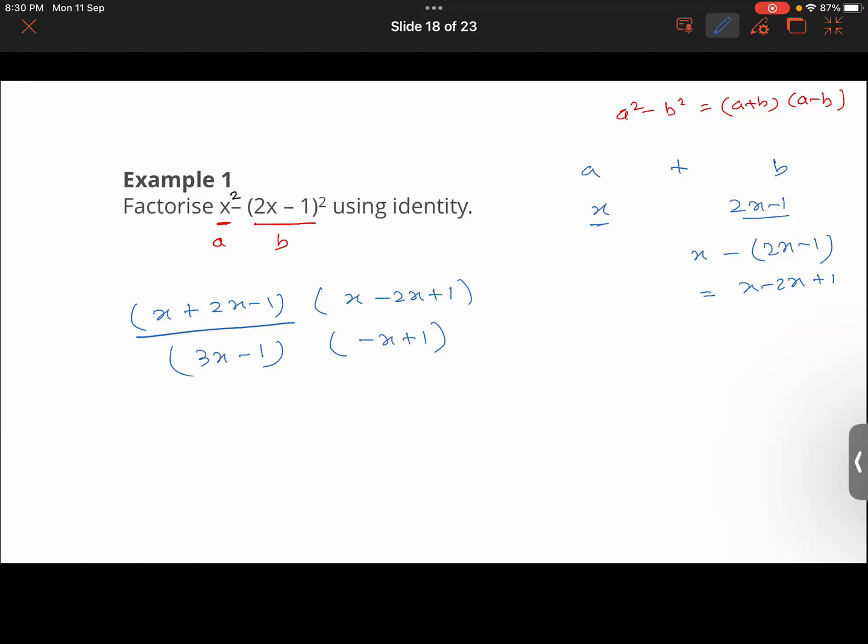So can we further simplify it? No, there's no need to further simplify it. How can you simplify it further? If you were to further simplify it, you would be multiplying the terms. Then you would again come back to this expression: x square minus 2x minus 1 whole square. You will be getting the same value, no? So you have to find the factors, not conclude the answer. Getting it now? Okay, then so